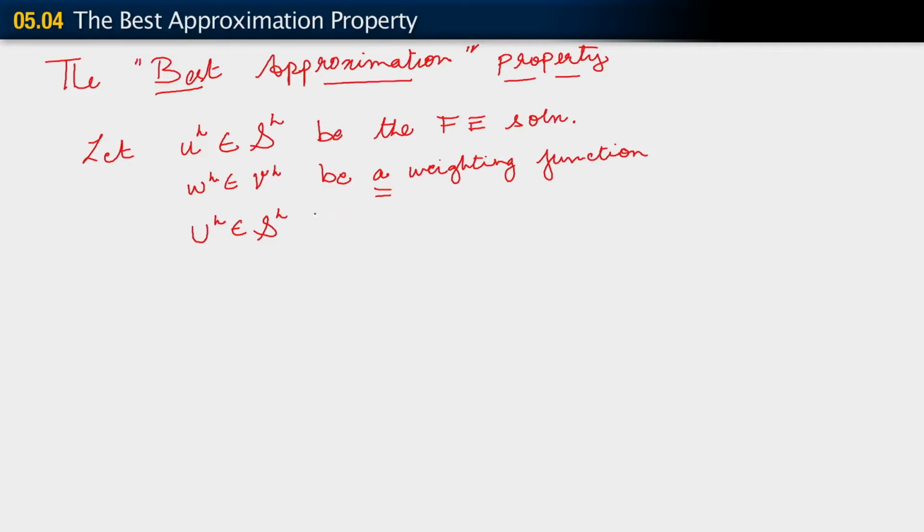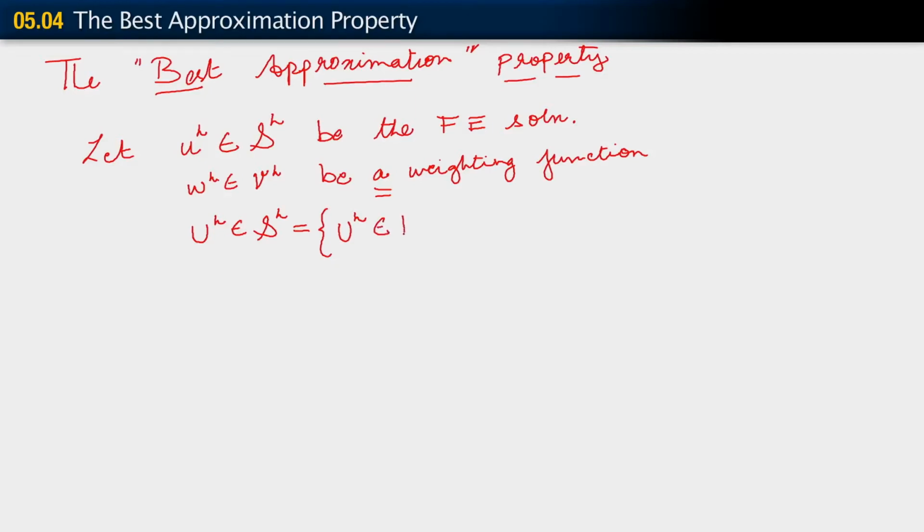So what does this mean? This means that when we say that capital Uh belongs to Sh, we are recalling that Sh consists of functions. Since capital Uh is meant to denote a general member of Sh, which is typically different from the finite element solution, what that means is that Uh